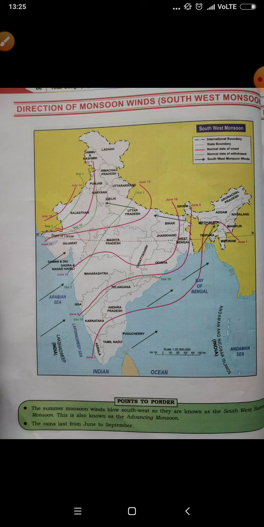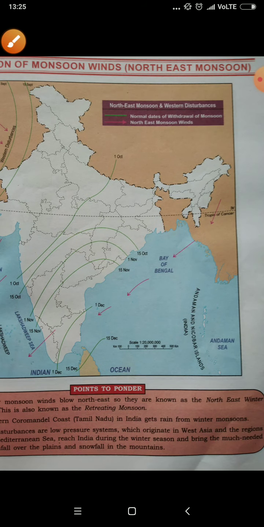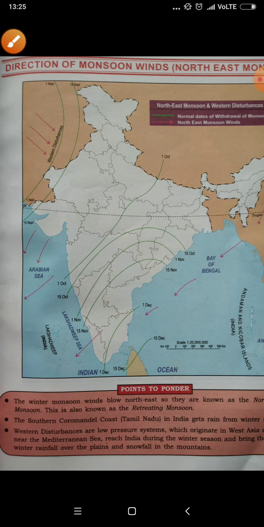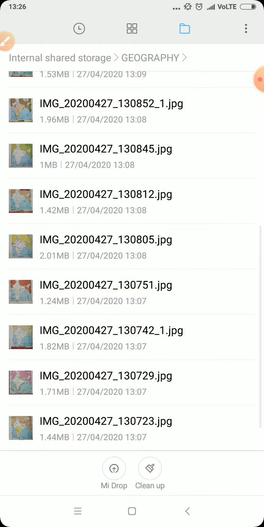Okay, keep in mind, all these points to remember are given. You have to understand these points very carefully for all the maps. No need to write them, but you understand them and keep in mind, learn them. Like this, you can also prepare the key, as they are showing normal directions. Coming on next slide.